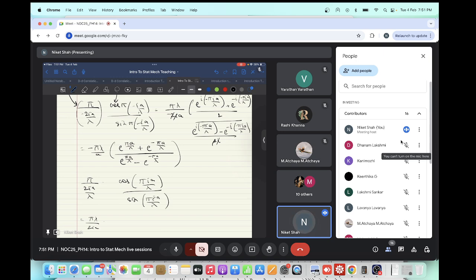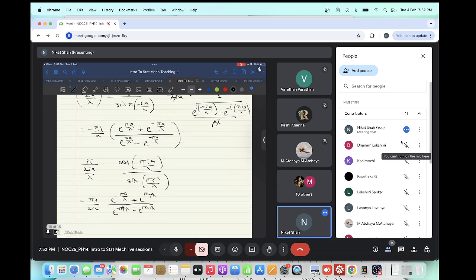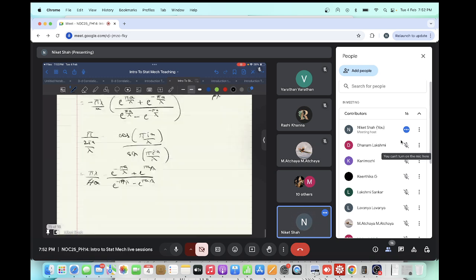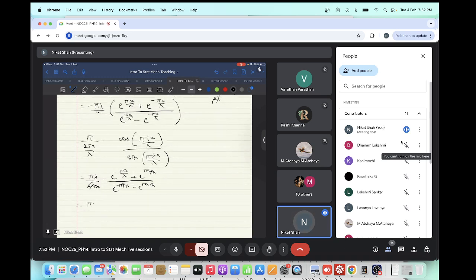Same thing again that we did previously: e raised to power I pi I a, which is minus pi a by lambda, plus e raised to power pi a by lambda, divided by e raised to power minus pi a by lambda minus e raised to power pi a by lambda. The 2i will go away from here, again just like the previous step. Therefore, pi lambda by a,